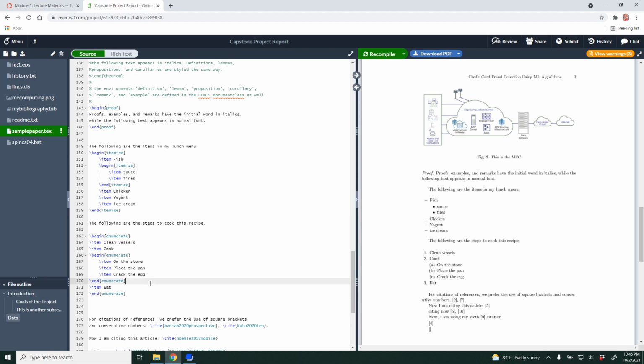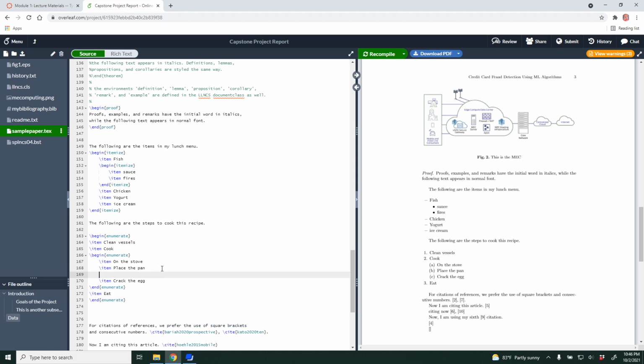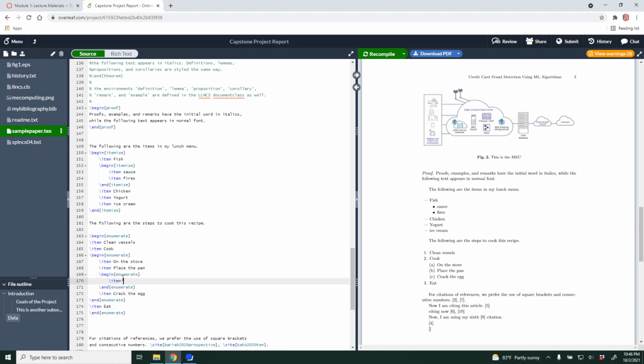So I want to show you one more thing with this. Let's say place a pan. I would like to write a begin. I may have more sub steps here after you place a pan. Begin enumerate, because when you say begin enumerate, you already get end enumerate and you already see the item there. Item is nothing but the thing that you want to place. So once you place the pan,